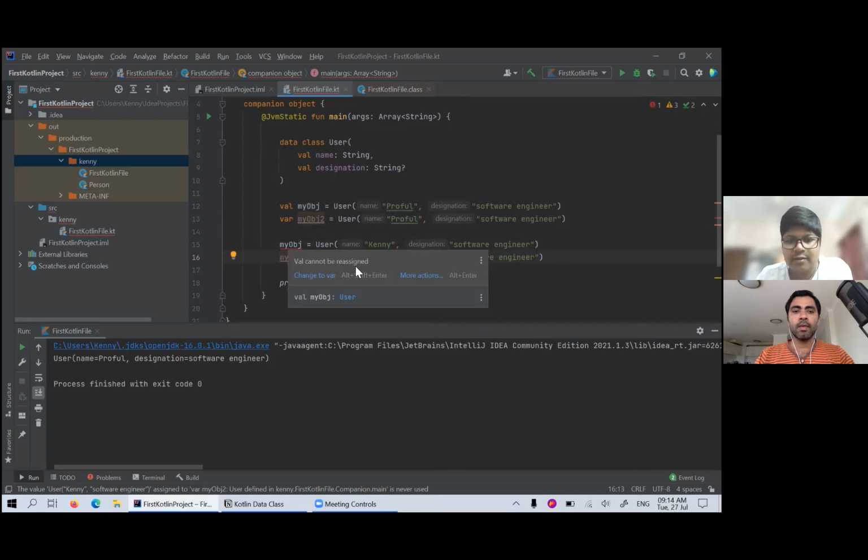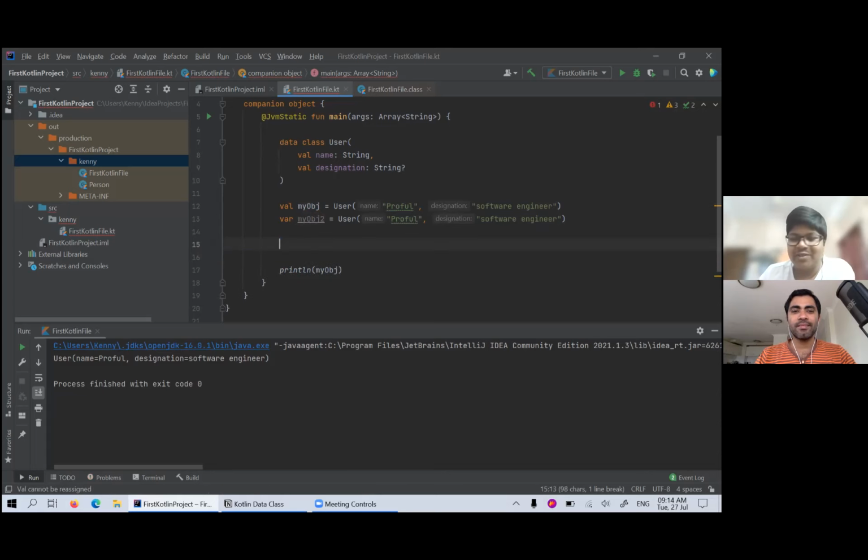Both look very similar, val and var, just a single character difference. And I'm sure you would also have observed that we are not giving any type information here. We're just giving a variable name and a class, and there is also no new, if you have observed.